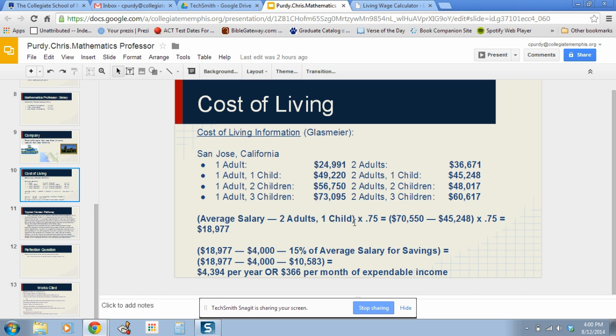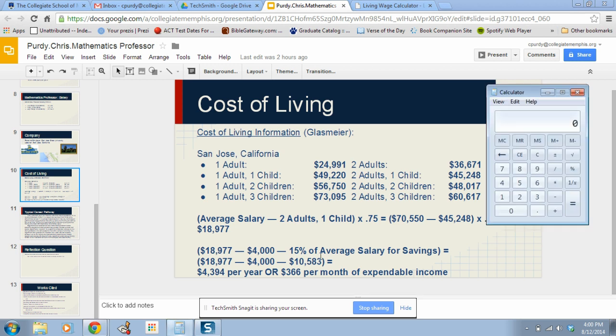Now, let me go ahead and do that on my calculator. Let's take the average salary, which was $70,550. I'm going to subtract 2 adults and 1 child, which is right here, $45,248, and that equals $25,302. Now I'm going to take that number and multiply times 0.75 to represent just 75% of this dollar figure,